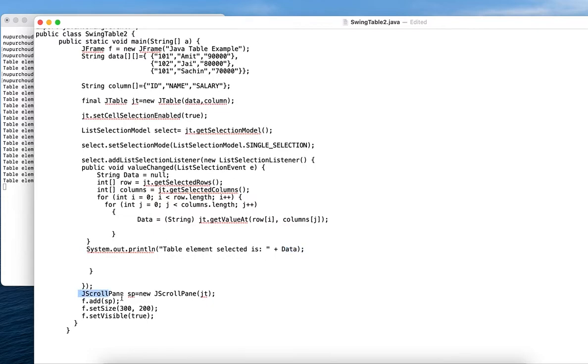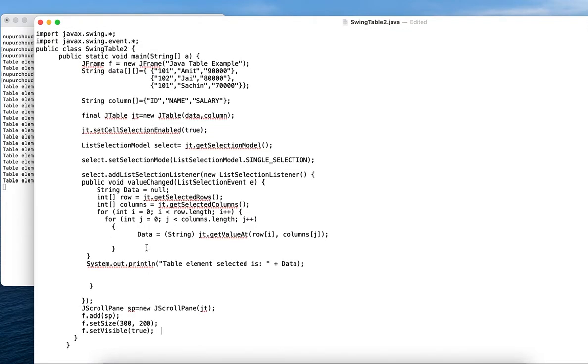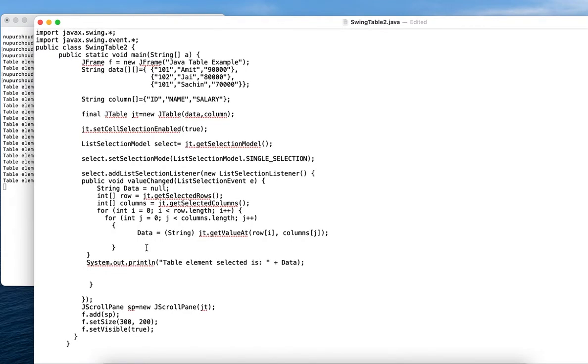Now we'll also associate a scroll pane, because if the table is larger we need to scroll through it, and then add the scroll pane into the frame and set the size of the frame as well as set the visibility of the frame as true. So this is basically how we can select a particular cell and display the values in the console.